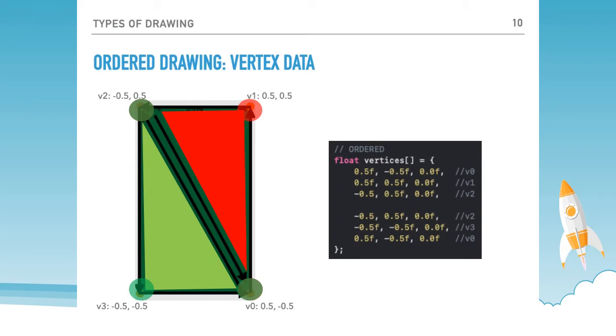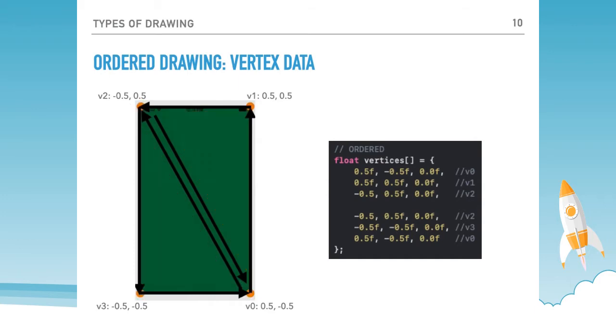So you were drawing this in the order manner. Your vertex array would look something like this. You list out the information for 0, 1, and 2. And then you list out another set of vertices that represent the second triangle,